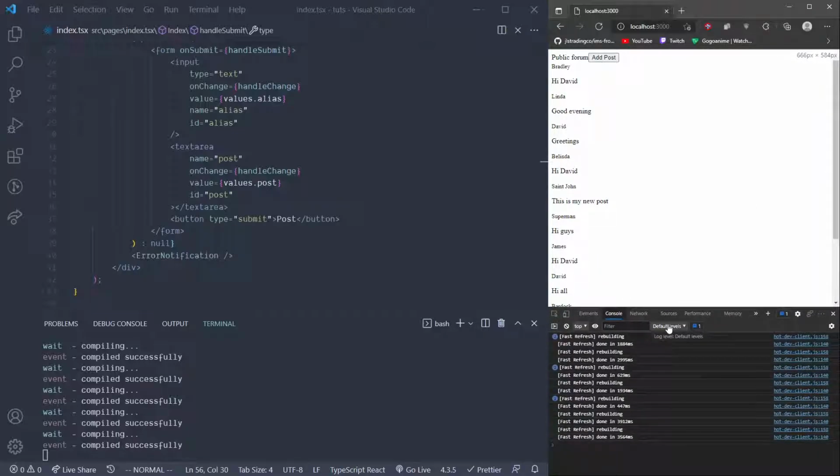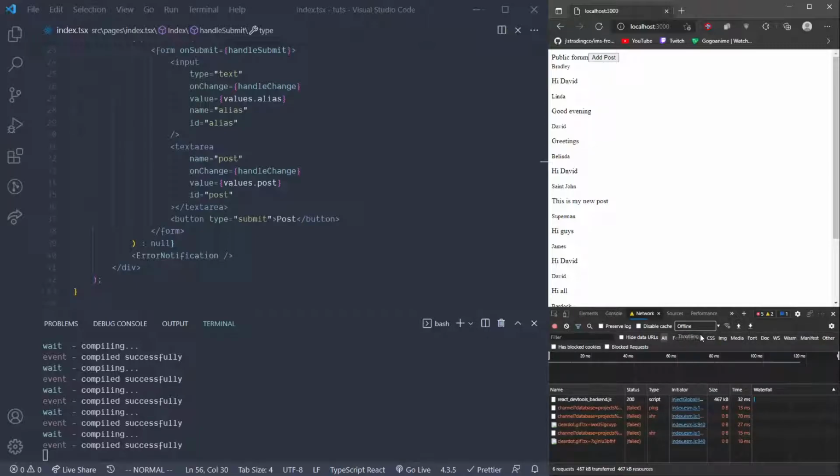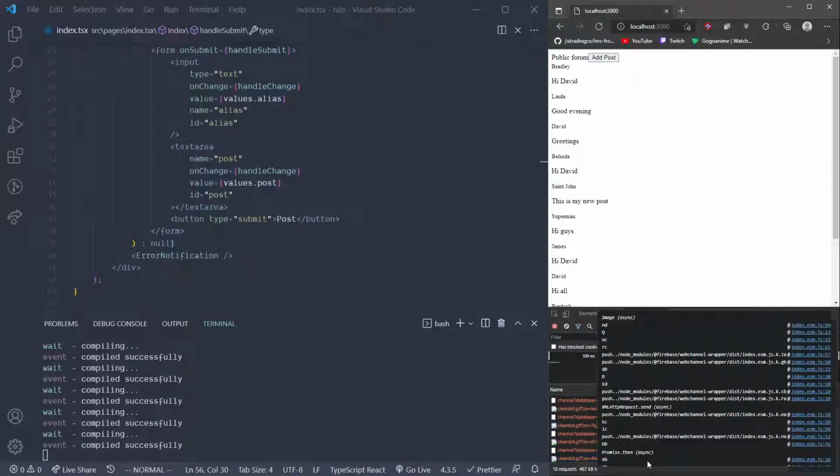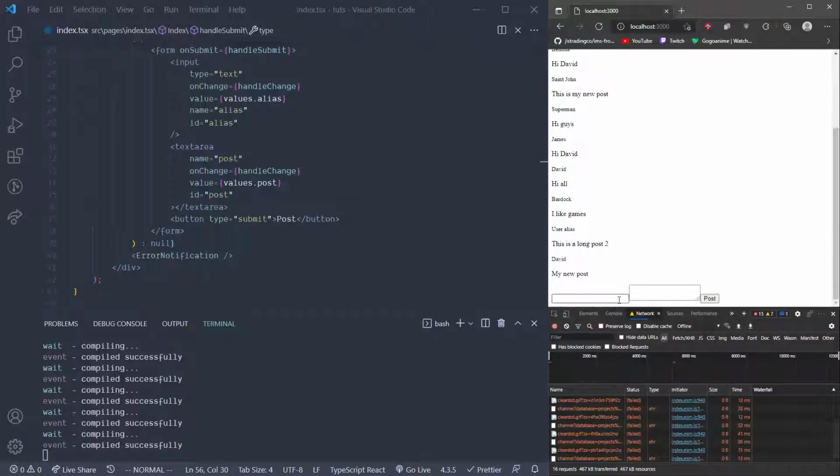I'm going to go to my network tab and set everything as offline. If we have everything offline, it means that when I add a post, so Derek, and then posting, if I said post,